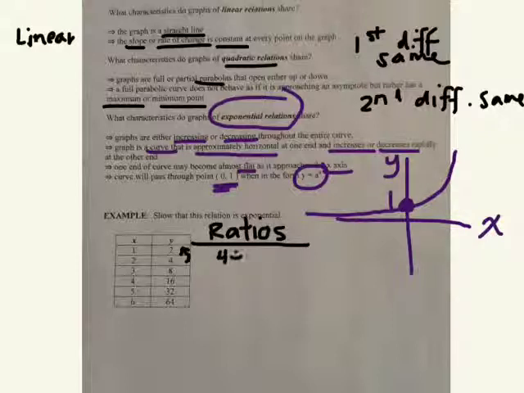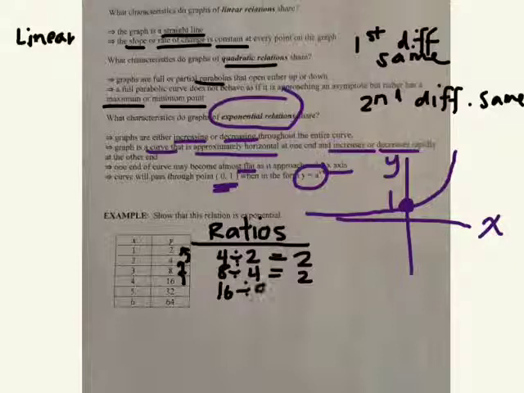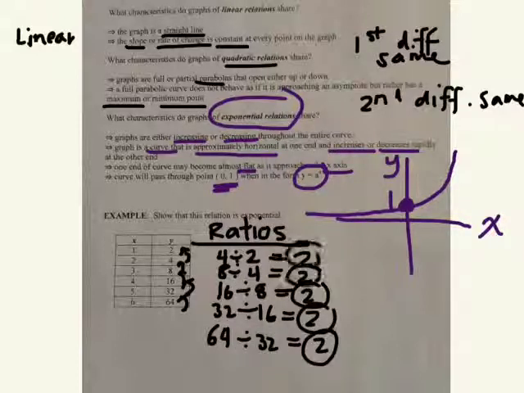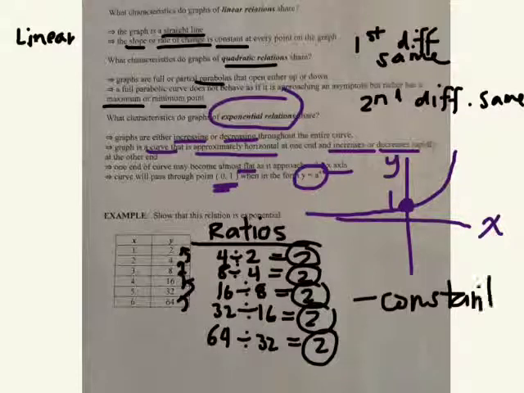4 divided by 2. What's 4 divided by 2? Next one, 8 divided by 4. 2. 16 divided by 8. 32 divided by 16. And finally, 64 divided by 32 is 2. What do you notice about all the ratios of the y values? They're constant. Okay? In an exponential relation, if the ratios of the y values are the same,